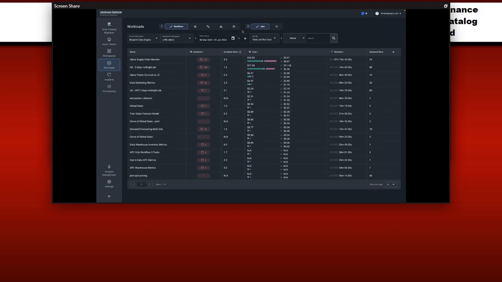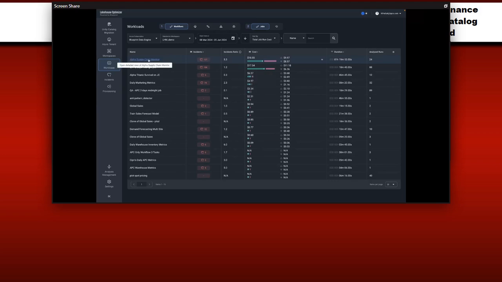In this main data table, we have a list of workloads, so no surprises there. Each one of these has each of their individual job runs for each one of these workflows, and a variety of rich telemetry to make sure that you're getting the most out of them. You can see the number of incidents that have been flagged. So it looks like there's some great opportunity for optimization here, as well as what the total cost looks like. We have this broken down between VMs as well as Databricks cost. So again, down to even a level of granularity, you can understand where the bill is going and where there's room for improvement as you make optimization changes. I'm going to drill into this first one, Alpha Supply Chain Monitor.